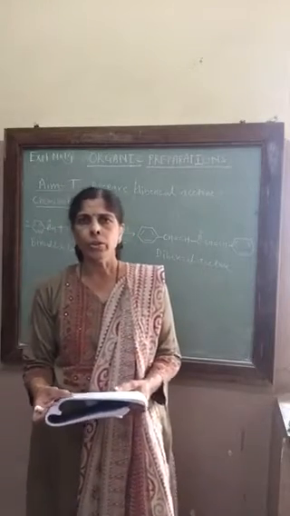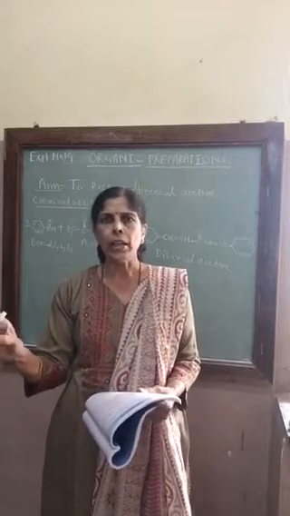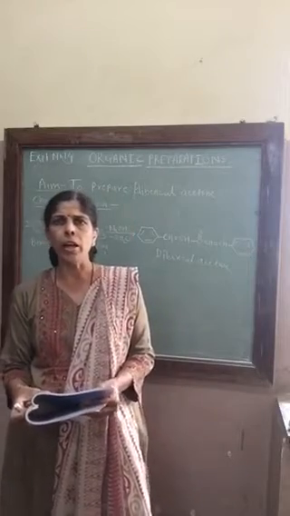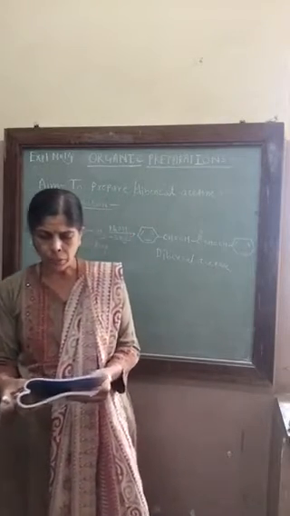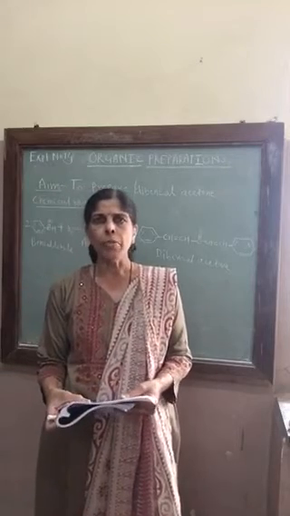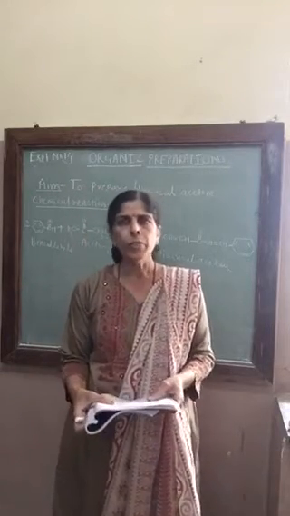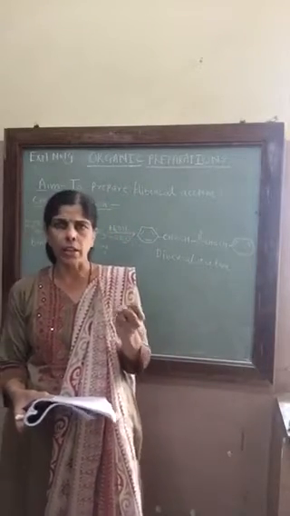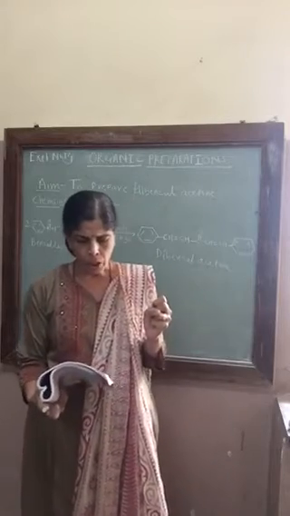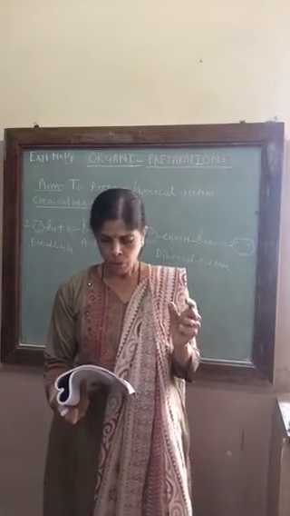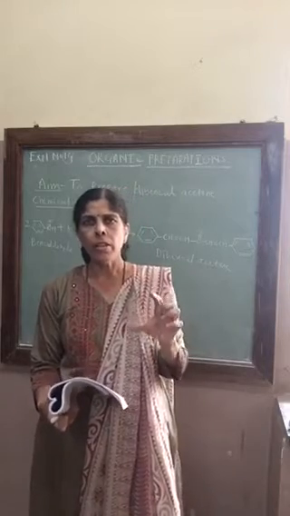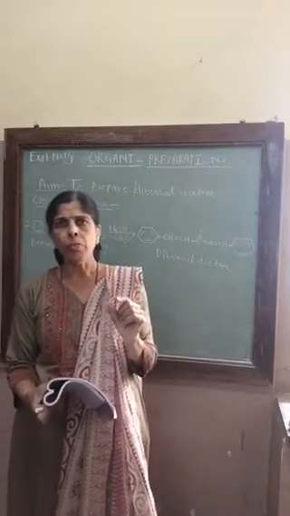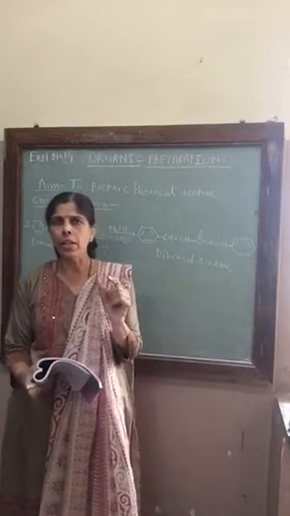Benzaldehyde will be given to you. That will be kept on the side table. 0.2 ml of acetone, so 2 drops. You are going to underline 0.2 and write 2 drops. So 2 drops of acetone and 5 ml of methylated spirit, that is alcohol, that will be given to you. For taking that, you can use a measuring cylinder. With the help of a dropper, you are going to take 5 drops of benzaldehyde and 2 drops of acetone in the conical flask. In the same conical flask, you are going to add 5 ml of methylated spirit with the help of a measuring cylinder.